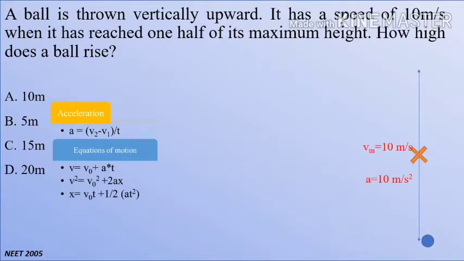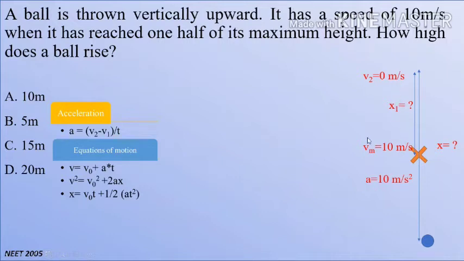In this case, the speed when it reaches the halfway point is given. That means at this particular position, the velocity of the ball is given and acceleration is also given. From the statement we understand that we need to find the total height to which the ball will rise, and also the final velocity of the ball will be 0, because at the topmost position the ball will become steady for a fraction of a second. And we can find x by calculating this half distance, that is x1.